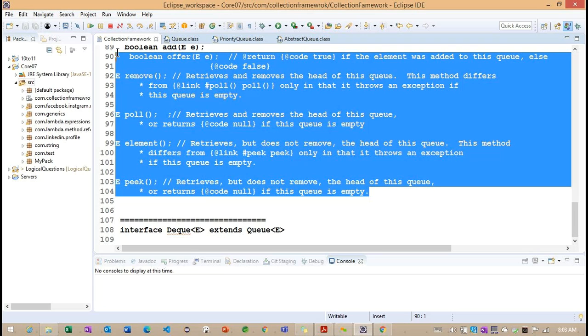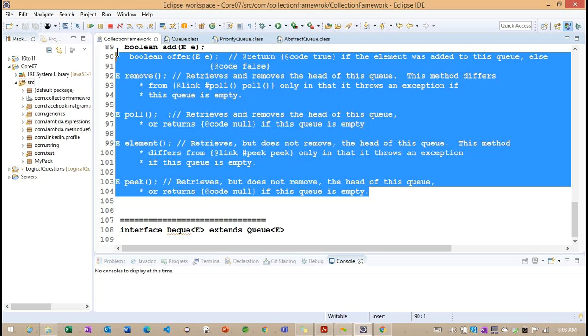Along with that, we get the benefit of first in first out behavior in the Deque interface. Along with that, we are going to get last in first out, stacks also. We get an additional benefit from the Deque interface. Getting the point?